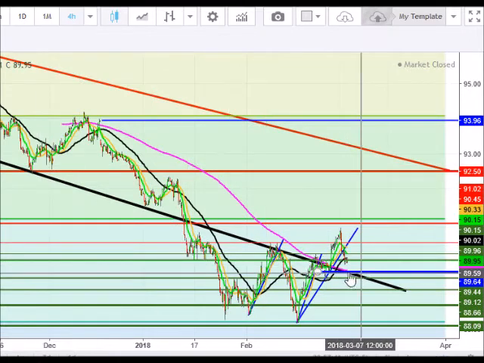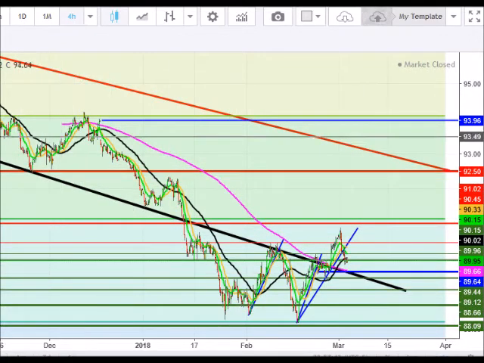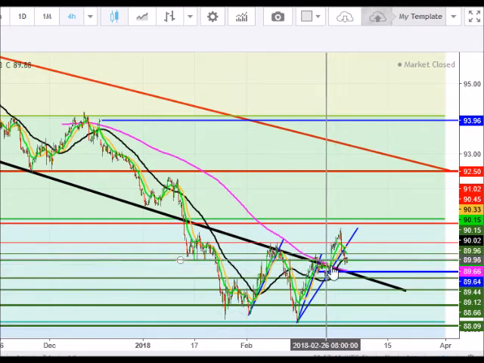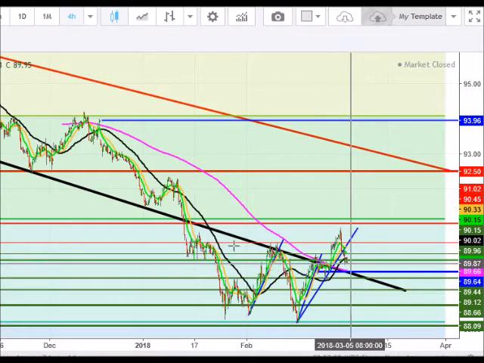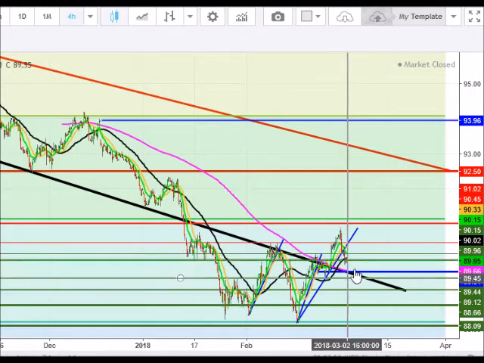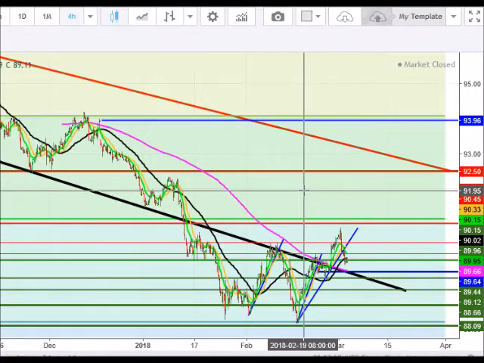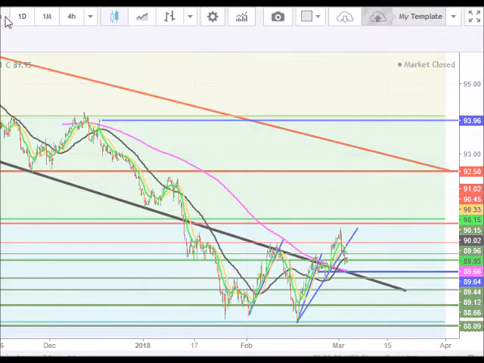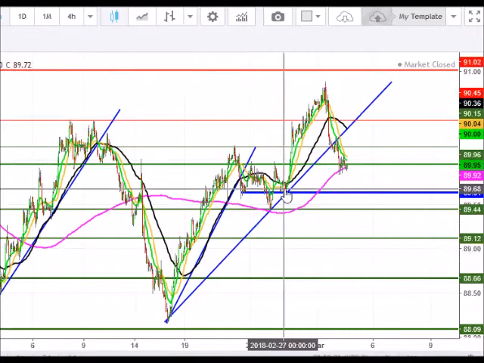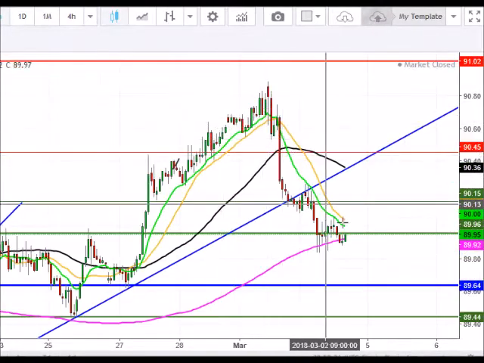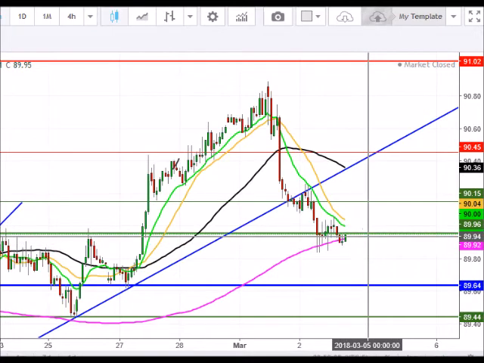So it's been support level here a couple times in the past, resistance, resistance, and now looking to try to make that support. Otherwise, it is going to break back below, and then we are looking at a continuation of the bear trend for the dollar index. So again, to go back to the hourly time frame and to reiterate what I'm thinking, we have come back down to the 200 here,